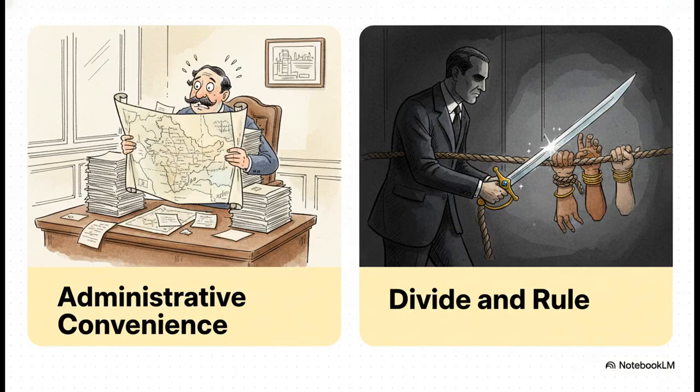And they definitely needed a public excuse. So they claimed it was all about administrative convenience. With a staggering population of nearly 78 million people, they argued the province was simply too huge for one single governor to manage smoothly. And, on the surface, that sounds perfectly reasonable. But behind closed doors, the hidden motive was a whole lot darker. It was a classic divide-and-rule strategy. The real agenda was to crush the rising wave of Indian nationalism by intentionally shattering the unity of the Bengali people.